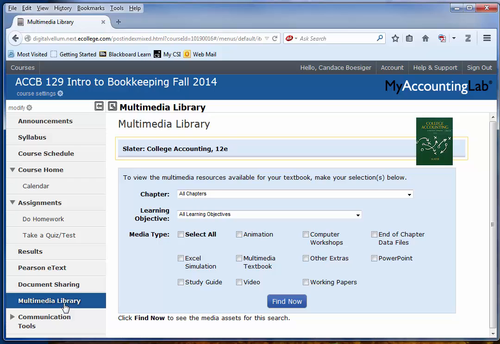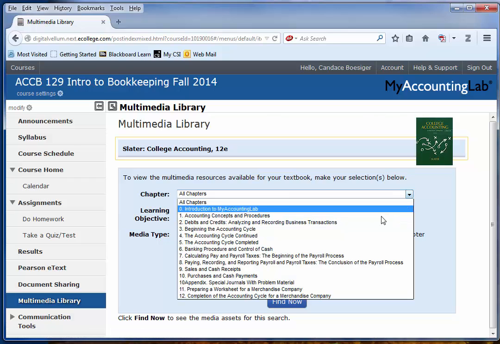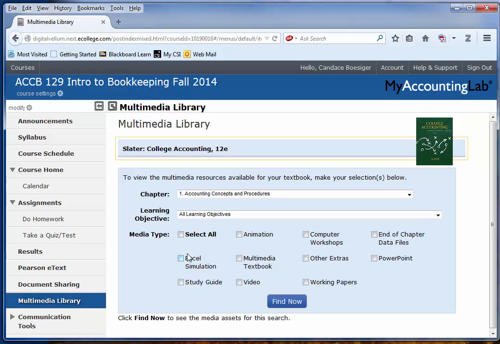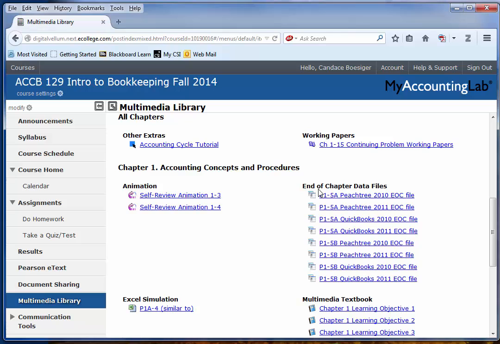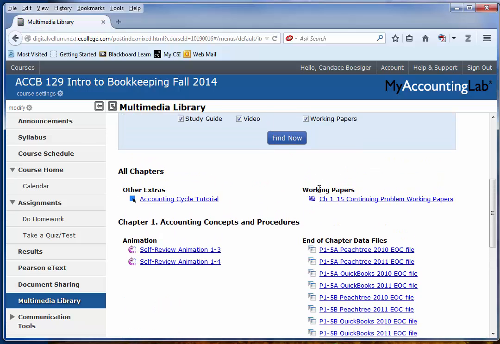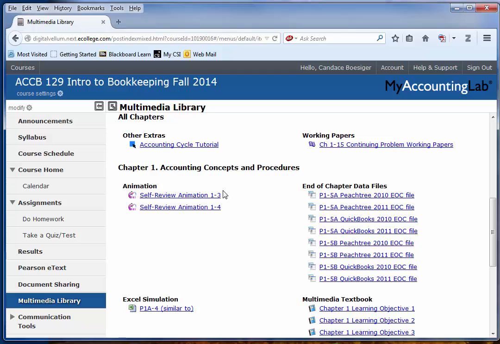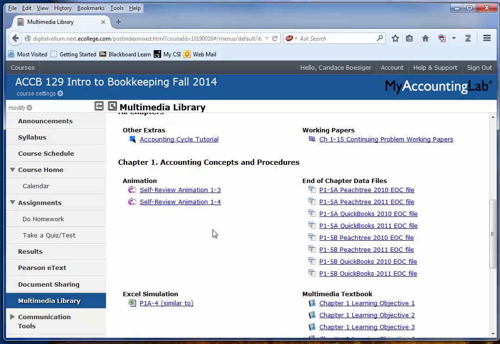Here's a multimedia library. So for example, we're going to select Chapter 1, and I'm going to do media type as select all, and I'm going to do find now. And this is going to give you access to any multimedia, such as videos and some animation that would be available to you. So this accounting cycle tutorial, this self-review, these would be very useful if you're struggling in any